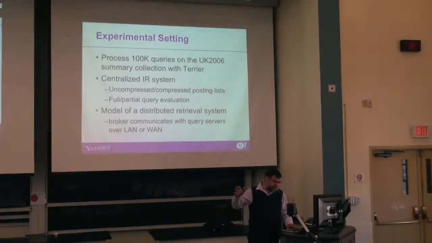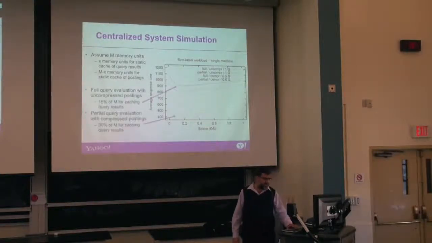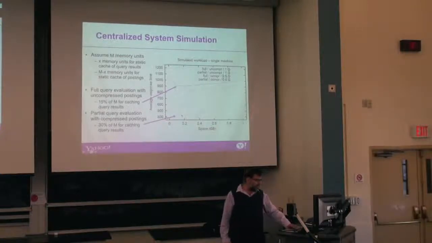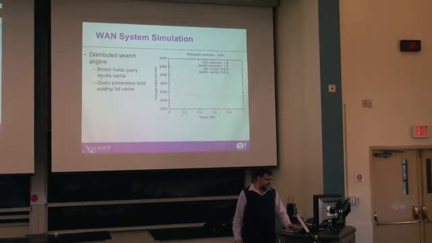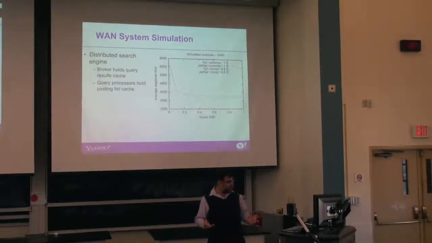Well, we did full implementation of this. We tried two different configurations. This is the centralized index. So basically, you see that the optimal was about 10% in the compressed version, so that means around 20% compressed version of the index. And if you do a distributed system, well, what's the problem here?